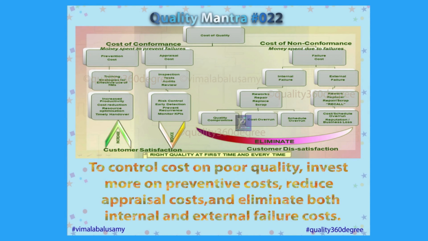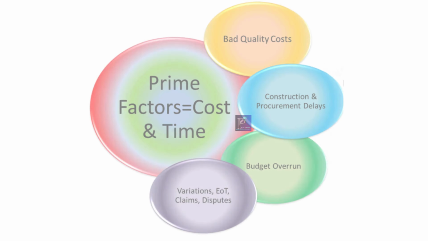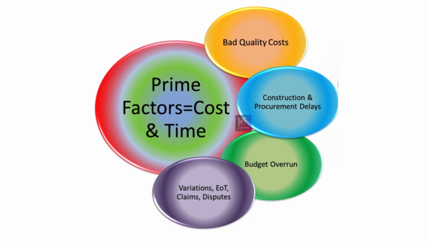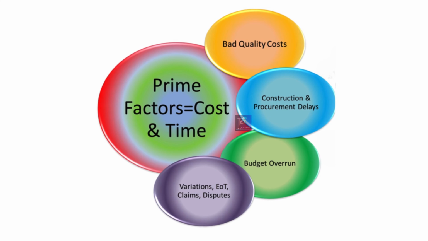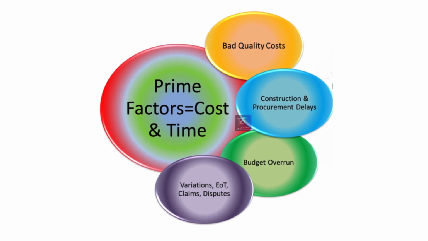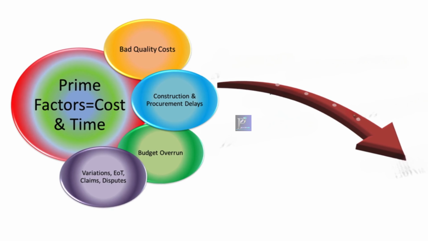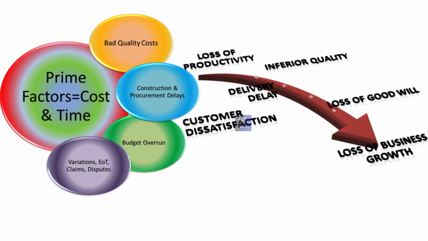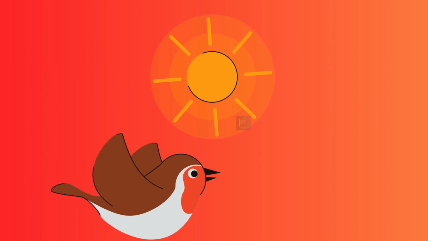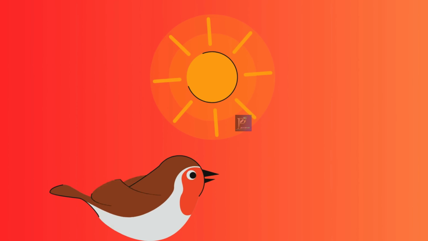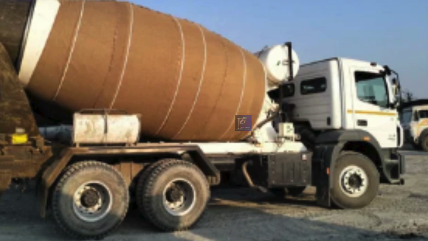Now let's focus on the impact of bad quality cost. We know that when meeting targets takes priority and the target dates are either unreasonable or delayed due to factors like land acquisition, procurement, statutory approvals and other reasons, it often leads to variations and reworks that ultimately affect the business growth. When temperatures are high, it is often assumed that workability failure occurs due to environmental factors.